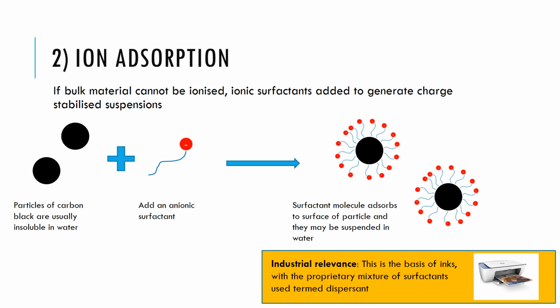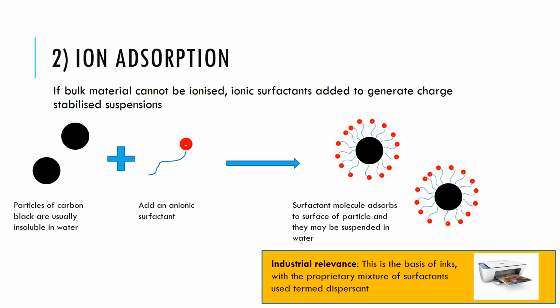Look at the other region of that molecule then, which is my head group, so the red circle. You can see that this head group is negatively charged. These are usually things like carboxylates or sulfates, and they are hydrophilic, so they like water, they want to be in water. So you can see that there's two very distinct regions of that molecule. One region of the molecule doesn't want to be in water, it's hydrophobic. The other region wants to be in water and it's hydrophilic. Now, we'll look at surfactants in a lot more detail and some of their properties in a few lectures' time,